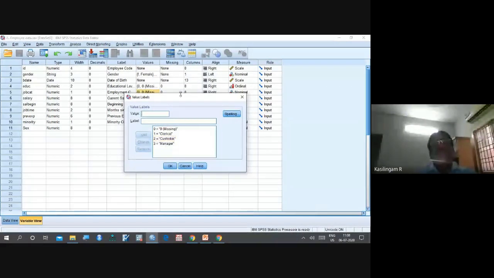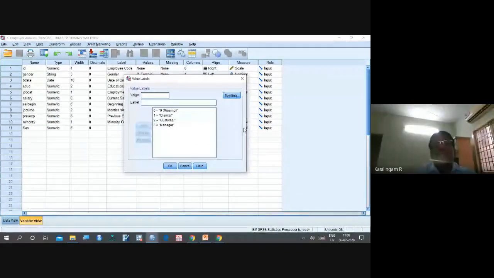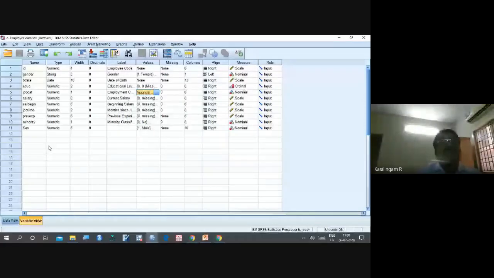Next I am taking salary, which is a metric variable. So now I'm going to compare three categories: clerical, custodial, manager.